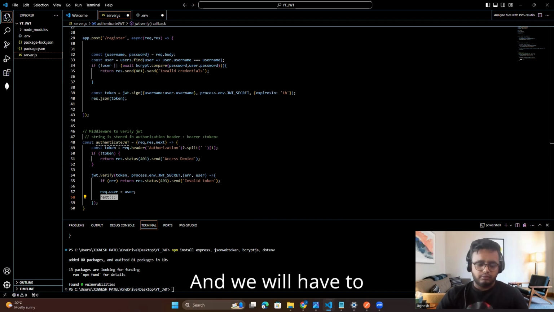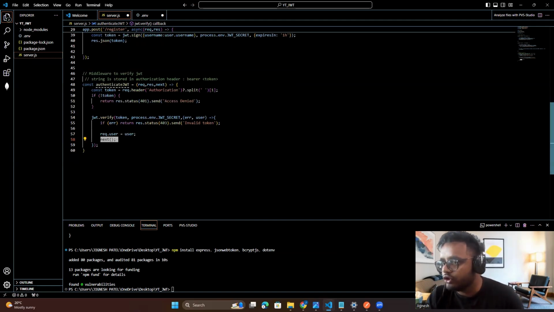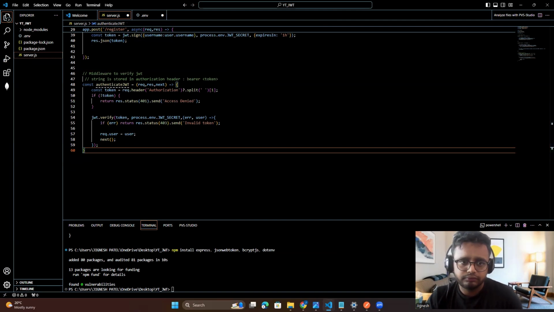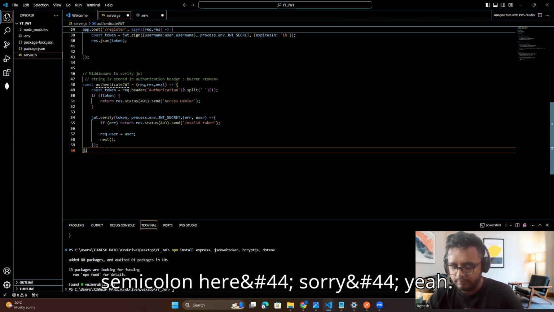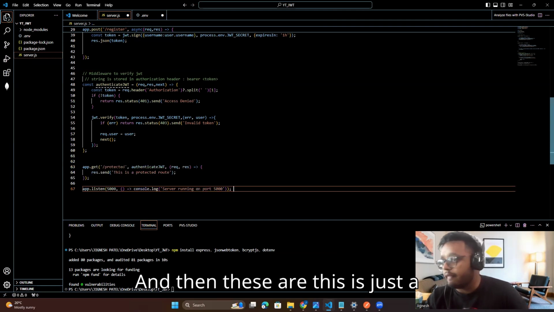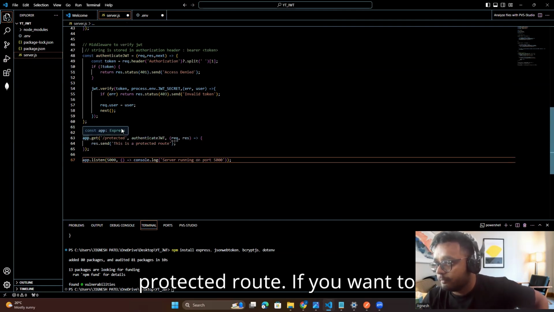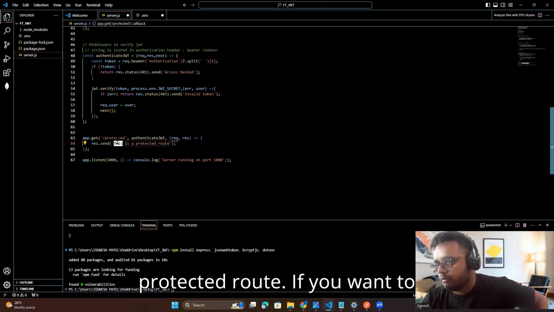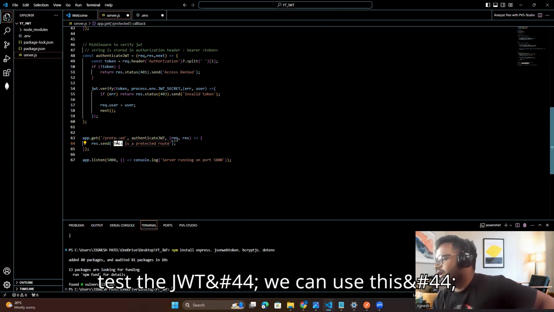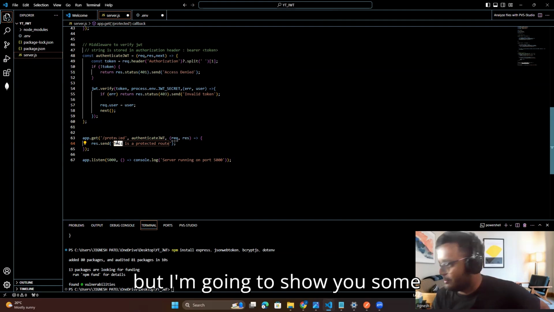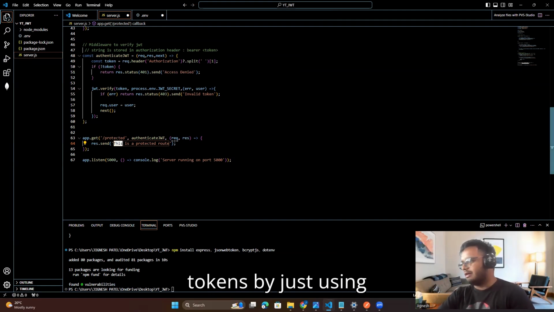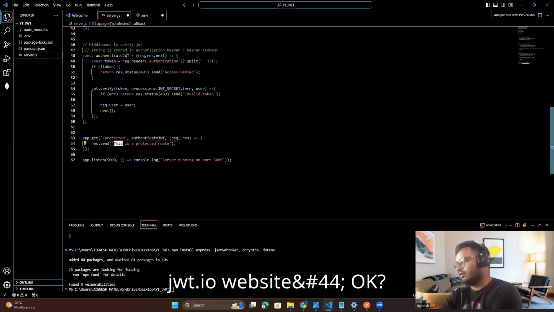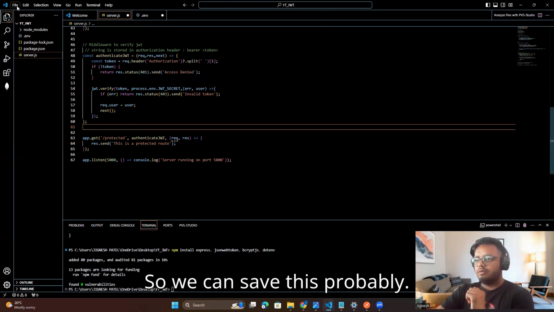and we will have to use this as well. We just need a semicolon here. Sorry. Yeah. And then this is just a protected route. If you want to test the JWT, we can use this. But I'm going to show you an easy way to test your tokens by just using the JWT.io website. Okay, so we can save this probably, and then